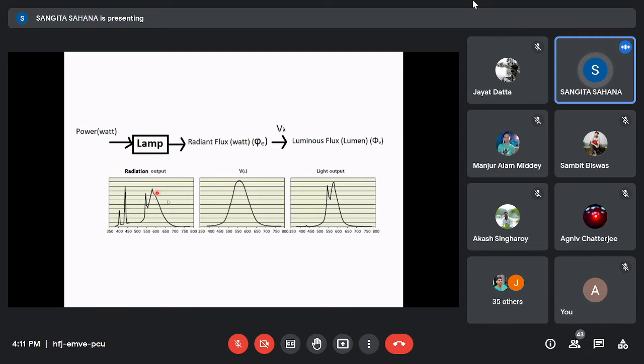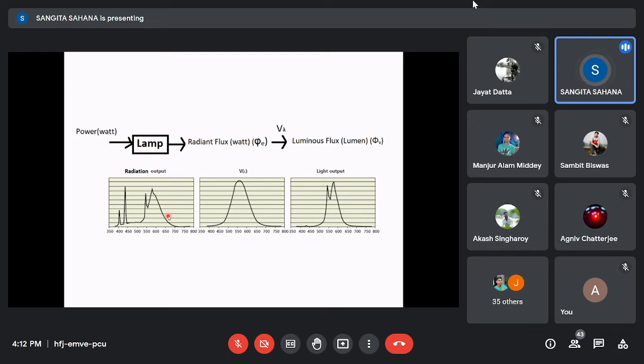So you can see this radiation output. On the x-axis we have the wavelength, on the y-axis this is again the radiant flux, the amount of radiation power. So suppose, for example, this is the radiation nature of any lamp. But whatever be the radiation from the lamp, we cannot use the total amount of power. For example,